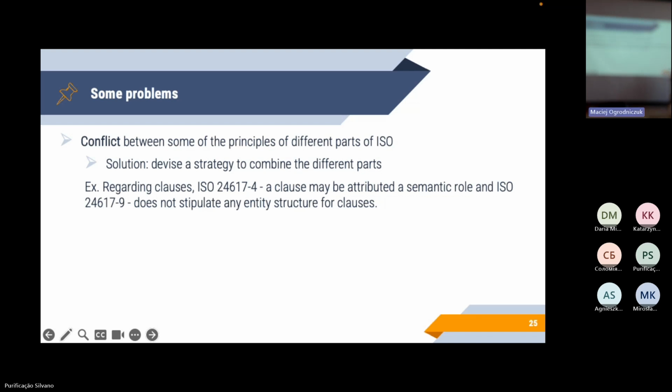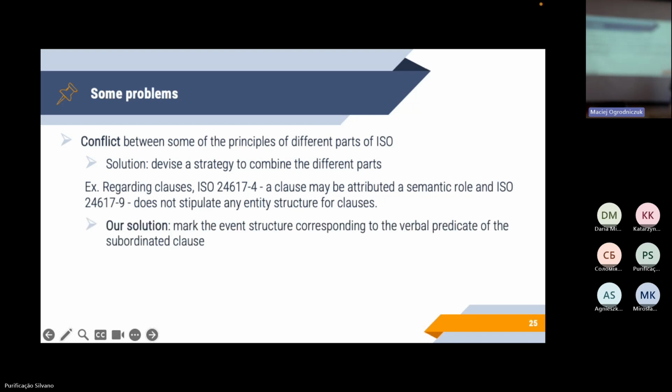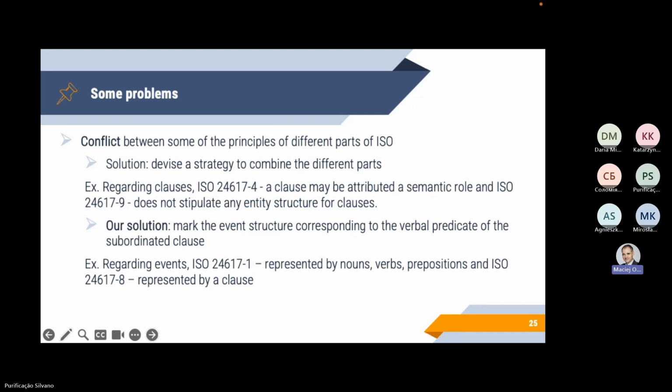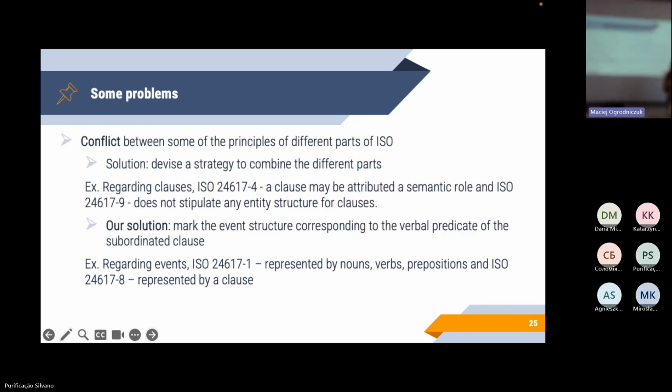Between the event and the other event. Okay. Also, for instance, in part 1, the ISO says that an event can be represented by a noun, a verb, or a preposition, right? And part 8, regarding discourse relations, says that the argument of a discourse relation must be an eventuality that is represented by a clause. So these two